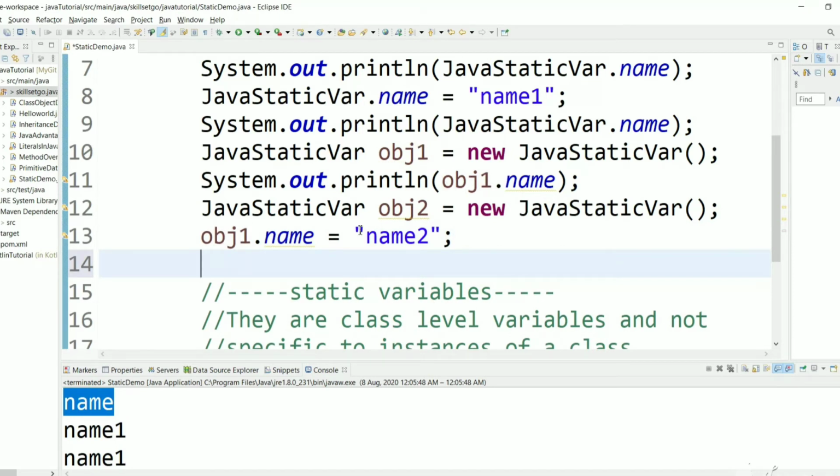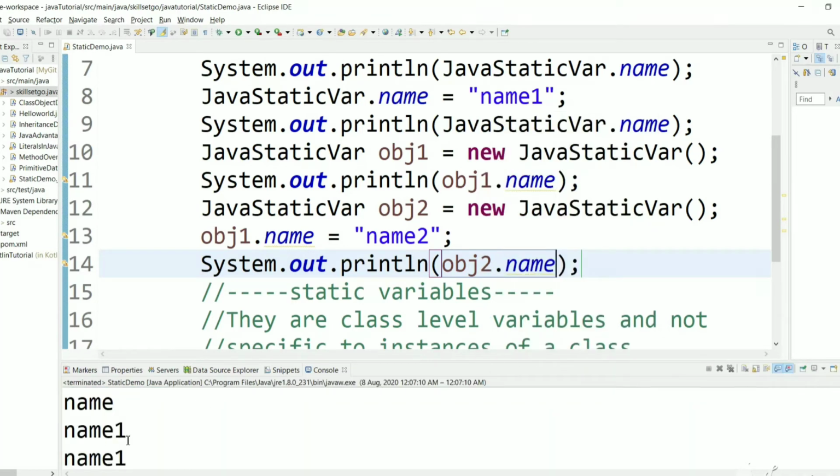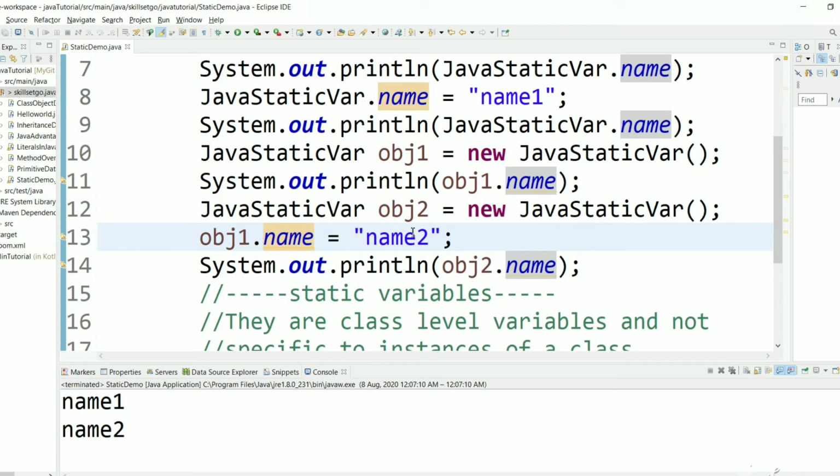We will get the latest value name2 which is changed by object1. Let's run this and we should get the latest value. As you can see we got the latest value. So here you can observe this is a class level variable, so whichever object changes this variable it will be the latest value, and whichever object accesses this value will get the latest value. The main use of static variables is communication between objects of the class.